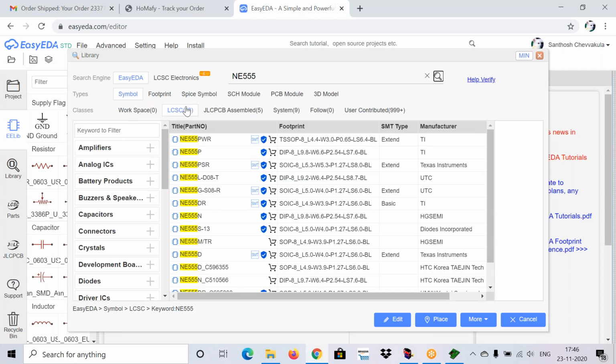In LCSC you will find 13 circuit symbols of 555 timer, and in JLC PCB you will find 5, and in system generated you have 9 circuit symbols, and user contributed is nothing but some of the users that are using EasyEDA.